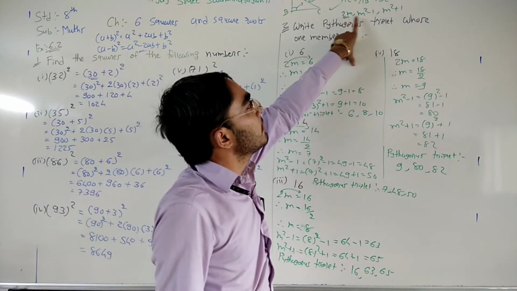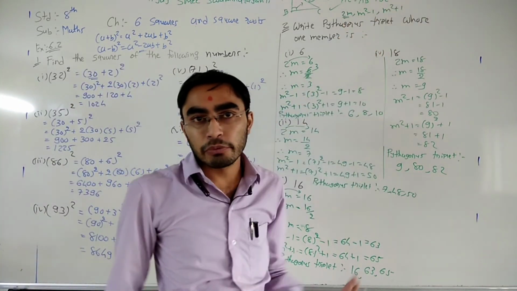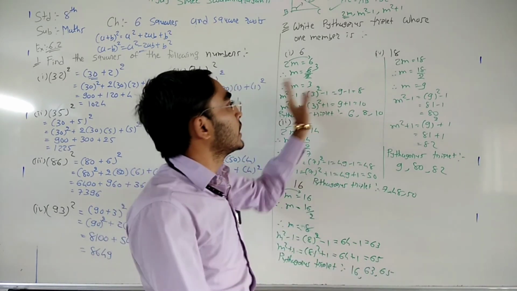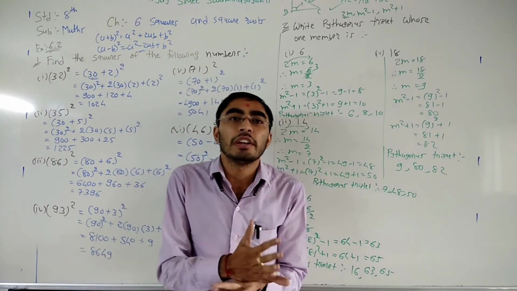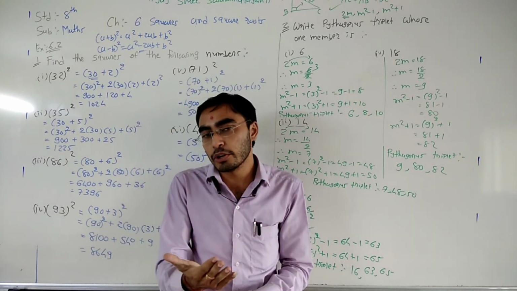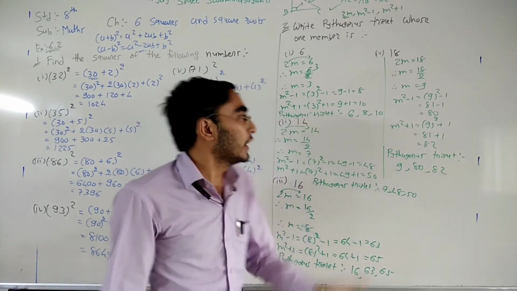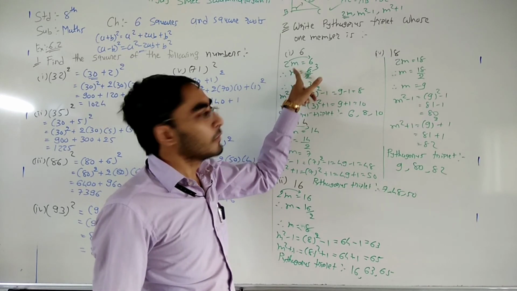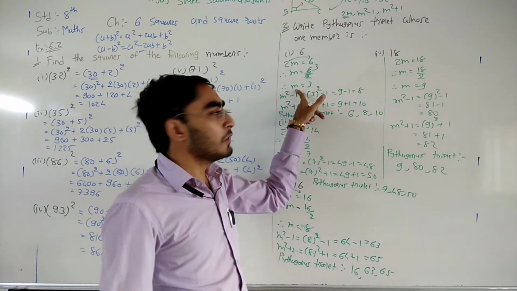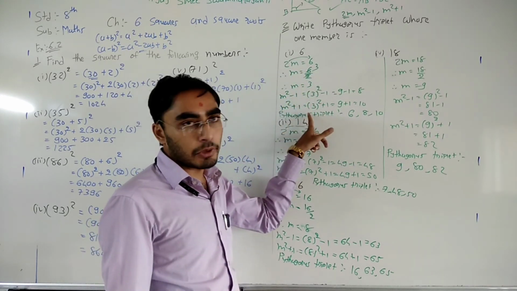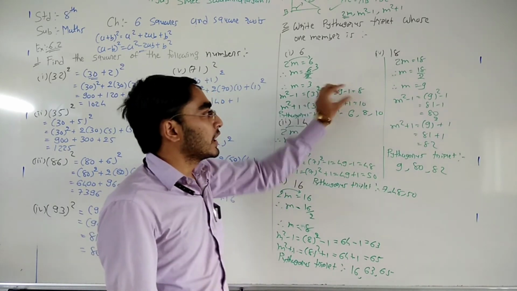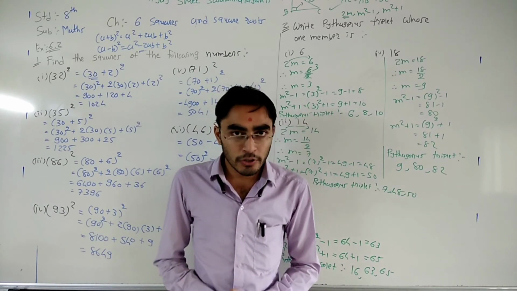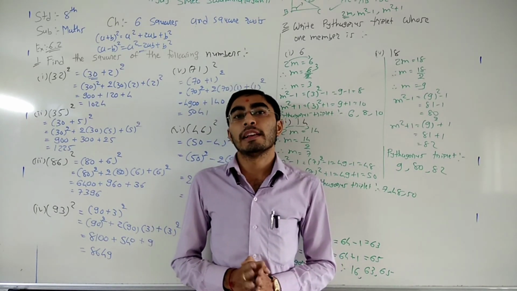The Pythagoras triplet is 2m, m square minus 1 and m square plus 1. So if one side of a right angle triangle is given to you, then you can find the other two sides by using this method. Your first side is equal to 2m. From that find the value of m and put the value of m in m square minus 1 and m square plus 1. You will get the other two values. Those two values become the other two sides of the right angle triangle. Okay, so you can find the three sides of a right angle triangle.